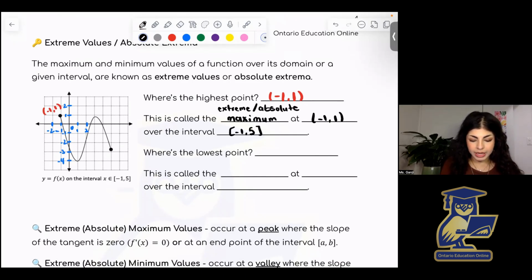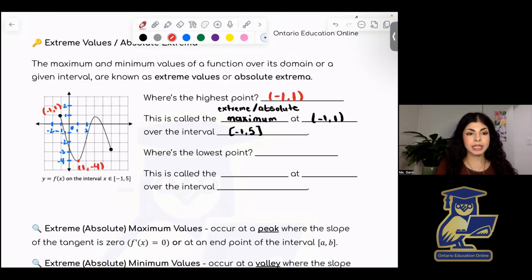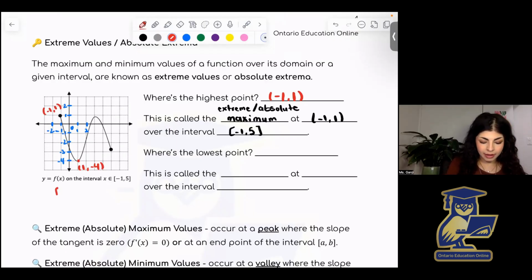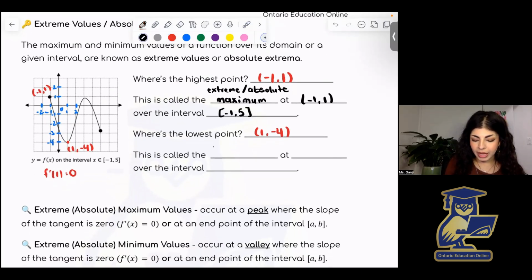And the lowest point here actually is one of our critical points. It's this point here, and it is 1, -4. So we would expect here that the derivative at x equals 1, so f prime of 1, is 0. And so this is our lowest point here, 1, -4. And so we say this is called, again, the extreme or absolute minimum